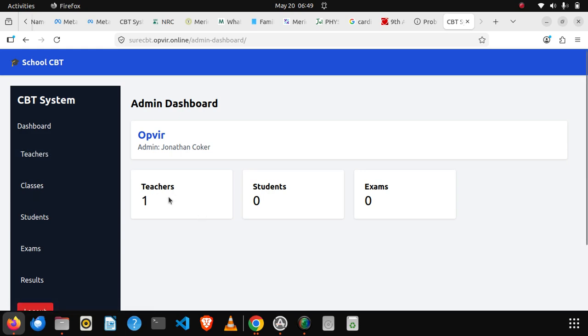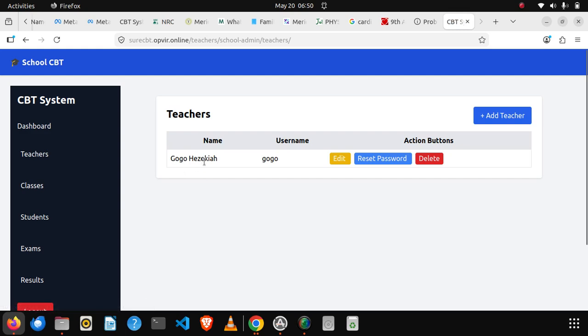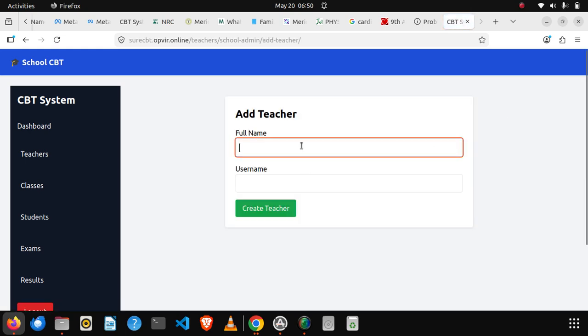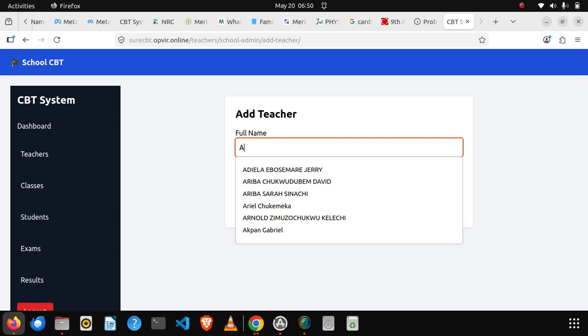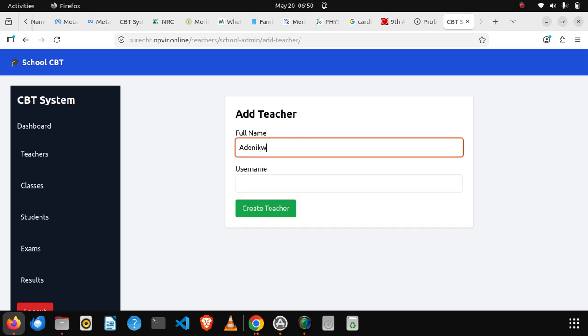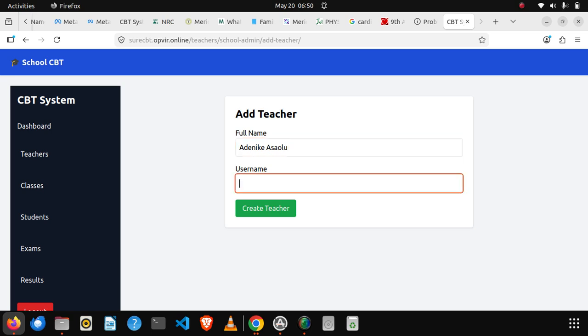I had already created one teacher, and that's why you're seeing teacher 1 here. If I click on teacher, you can see that there is one teacher here. Now I'm going to add another teacher. This is how you add a teacher. You click on add. I would add Adenike and Saulu, and that's our username. The moment I click on create,